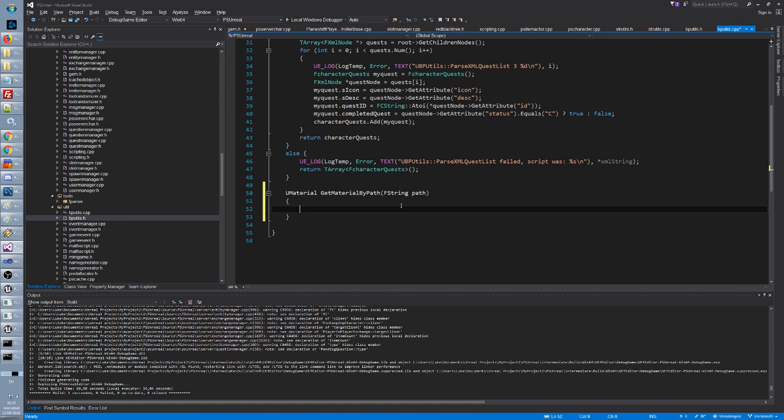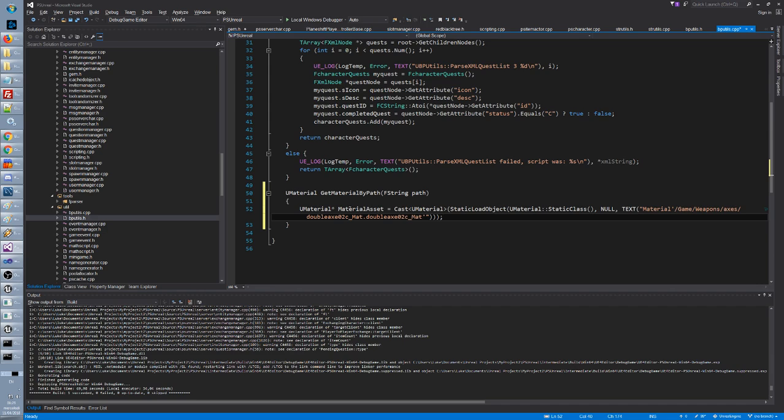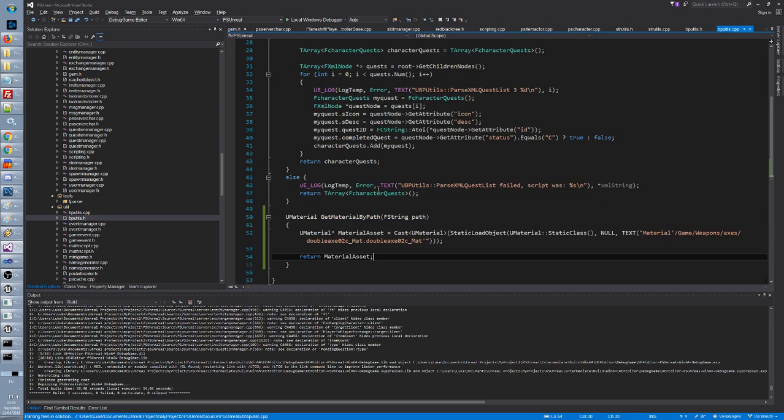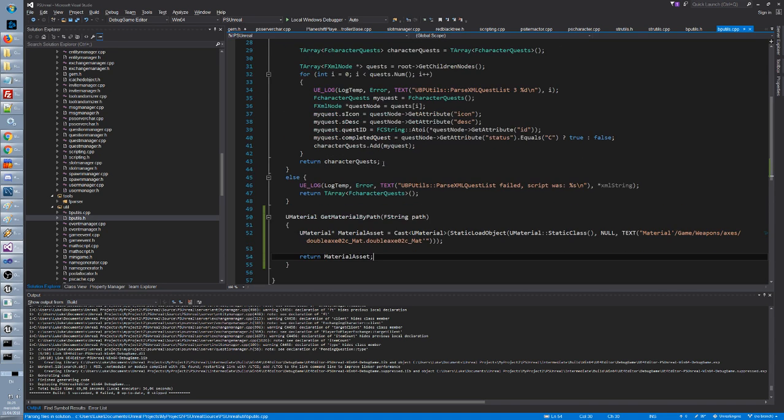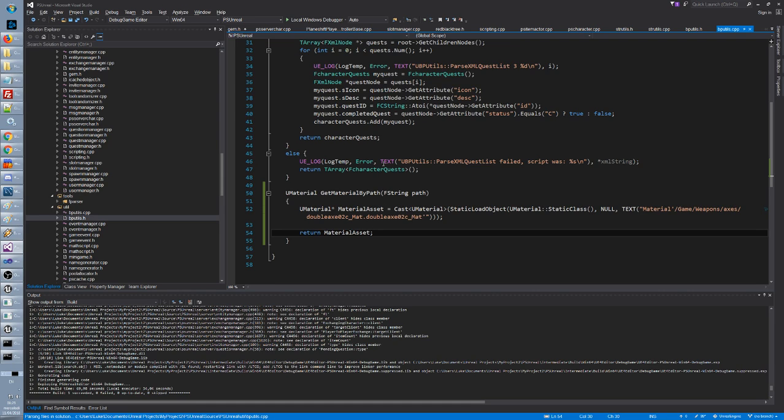Oops, this, and we'll return a U material. Should it be a U material pointer or not? I have no idea. I think the blueprints in general are not taking pointers as parameters or return parameters, right? I have never seen it, but